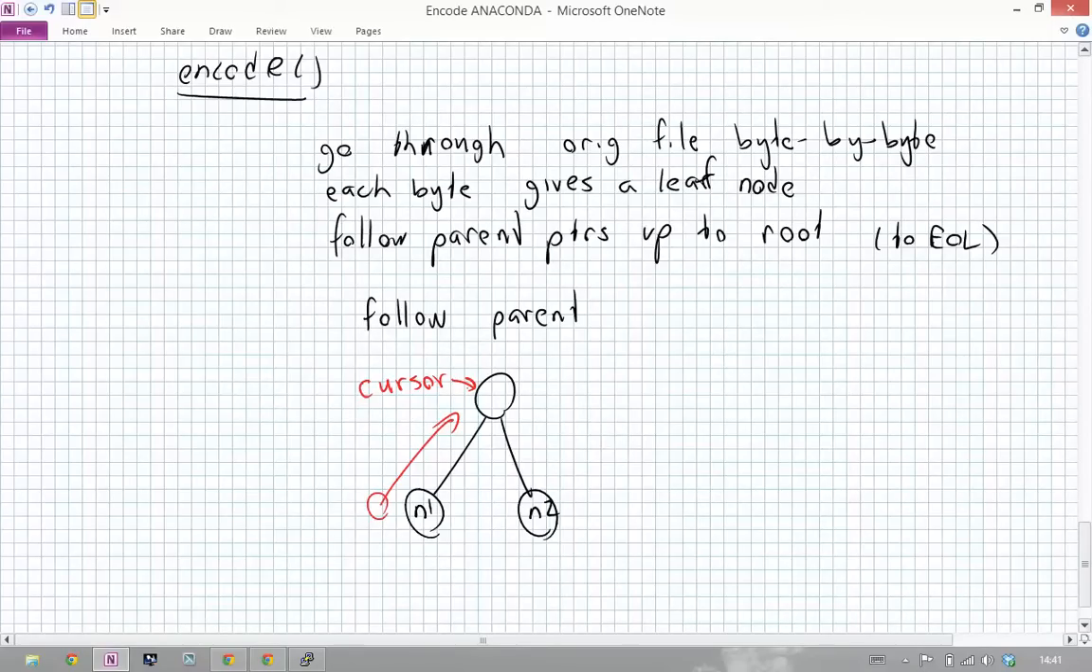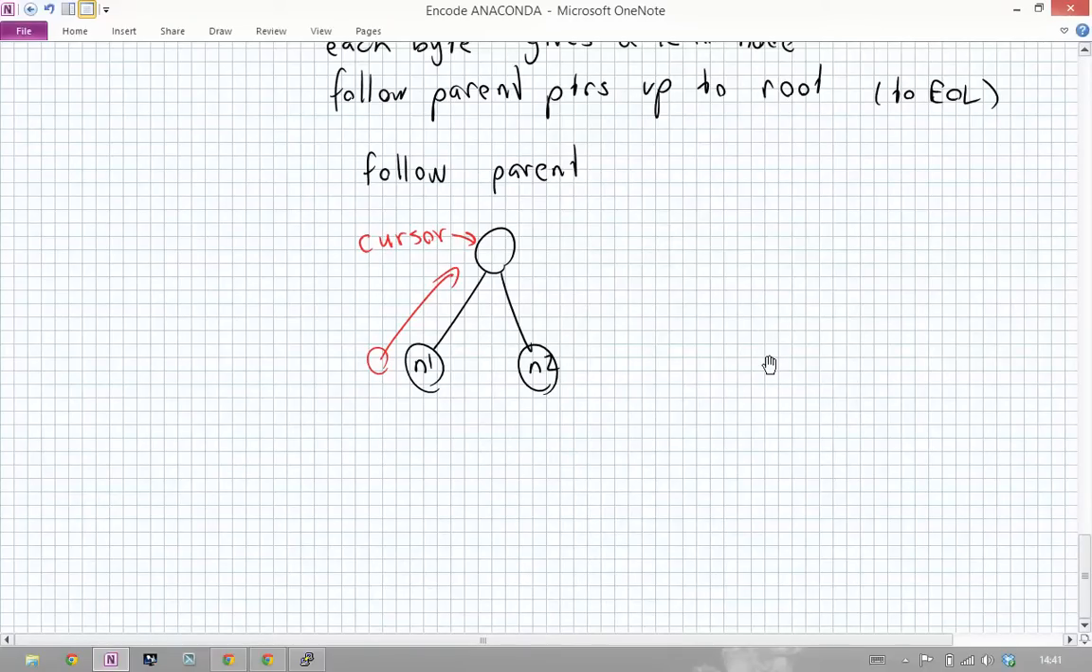And what you do to figure out where you came from is you look at the left child and the right child of the cursor. And if left child is equal to n1, then you know you came from the left child. If right child is equal to n1, then you know, you get my drift. So you're going to go up, and let's say that you came from